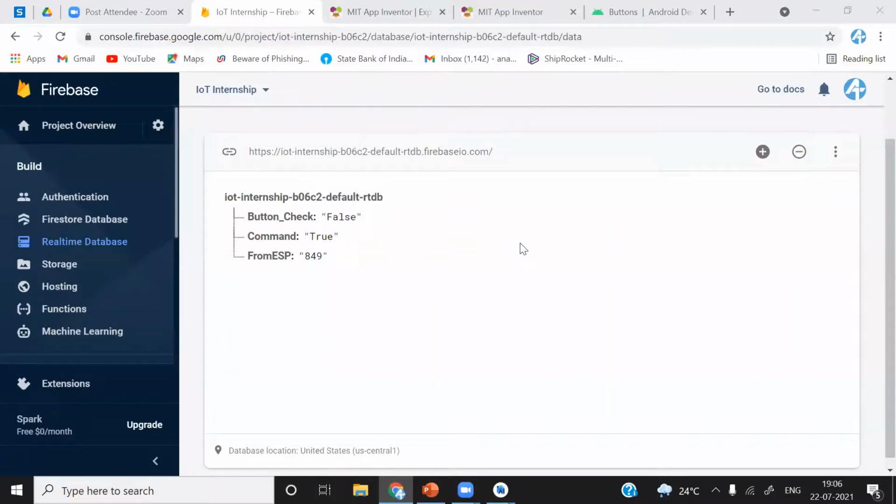Tomorrow we are going to end Firebase and Android development using Android Studio. We are going to cover everything in tomorrow's session. And after tomorrow's session, we will start with the MQTT protocol: what the MQTT protocol is and how we can implement it in ESP8266 and Android Studio for AWS IoT integration. So we will start with AWS IoT from the day after tomorrow.